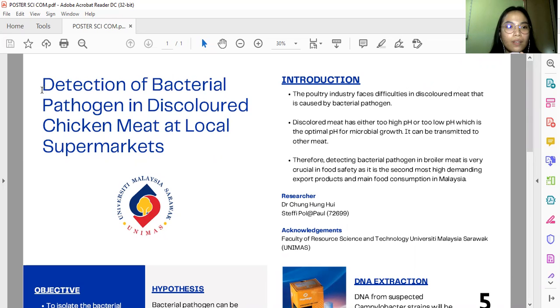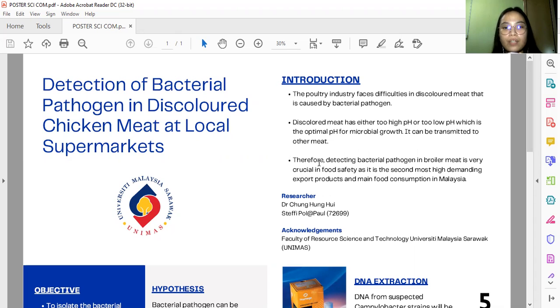Today I will present my title, which is Detection of Bacterial Pathogen in Discolored Chicken Meat at Local Supermarkets. So this introduction focuses on the problem statement, which is the poultry industry faces difficulties in producing discolored chicken meat. It is caused by bacterial pathogen due to too high pH or too low pH, which is optimal pH for